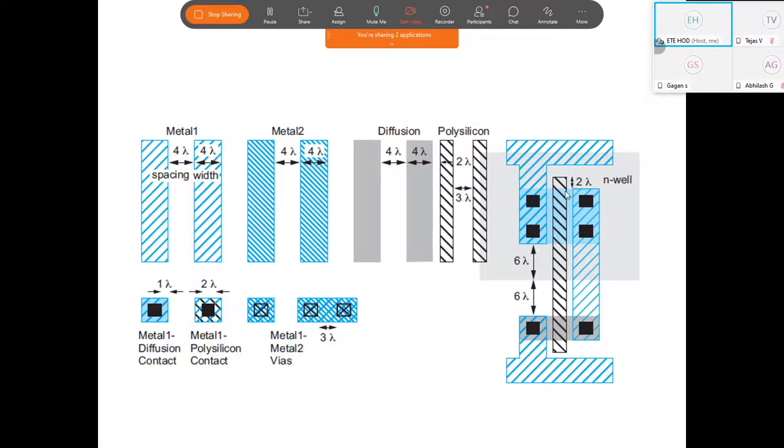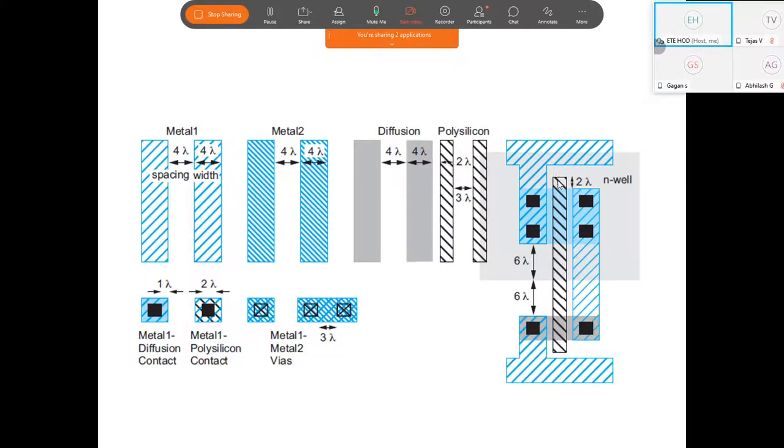Can you also see one more thing, Gagan? Can you see here, sir? This is polysilicon. Can you see this is an inverter? Can you make out? Is this an inverter? Yes, sir. Can you identify which is NMOS, which is PMOS? The below one is NMOS, sir. You can see here, this is NMOS transistor.